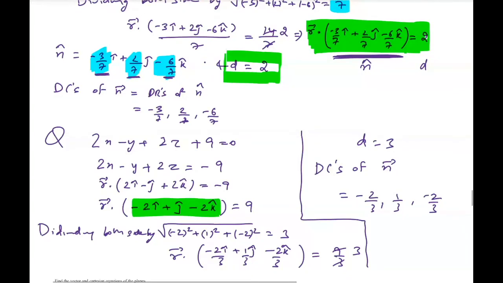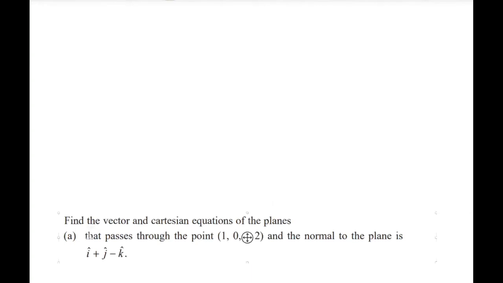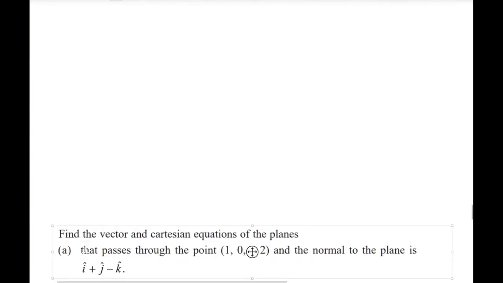So that's very simple. Beta, let's take another form of the equation of a plane. And this question is based on that only. You can read this question also. In this question, we are given a point which is lying on the plane, and we have a normal vector to the plane. So in such a case, what is the formula? You just need to learn a new formula. See, the equation of